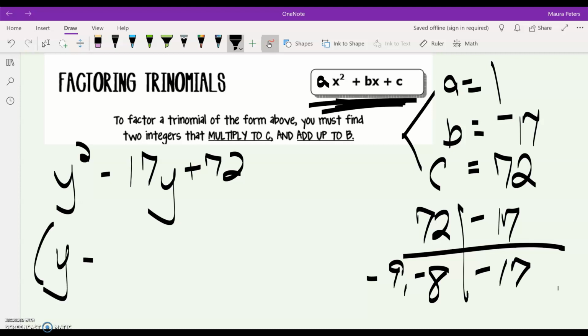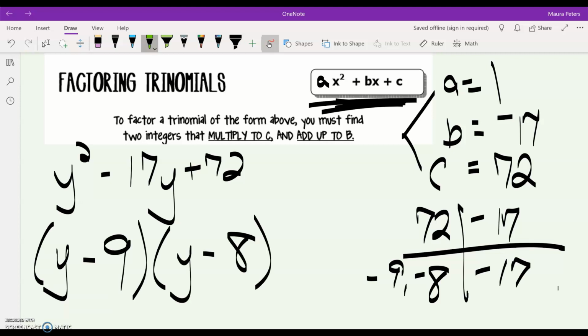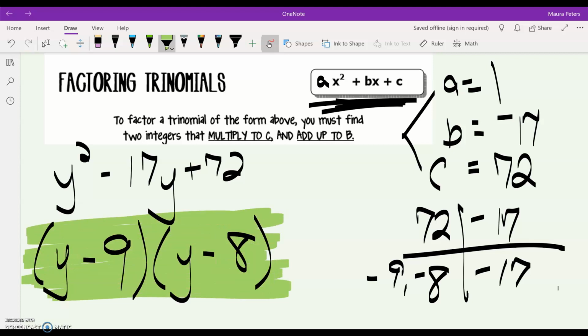So here, be careful. They throw a y in, so it's y minus 9, y minus 8. And you can go ahead and check that solution by FOILing out again. Okay. We'll do